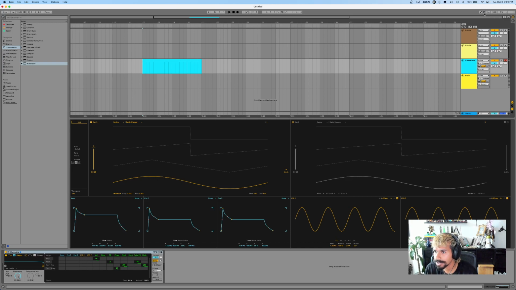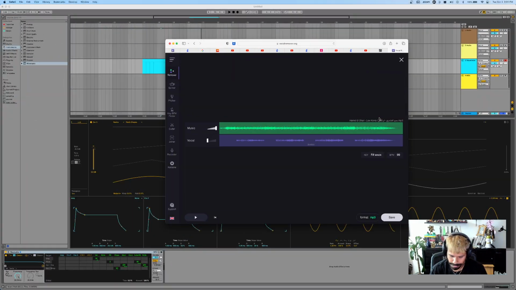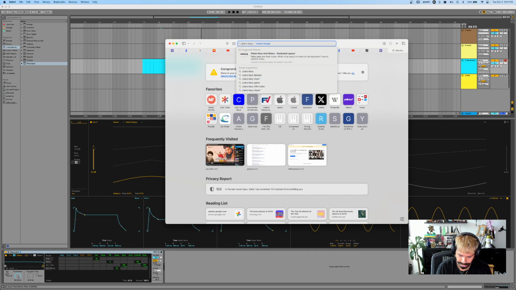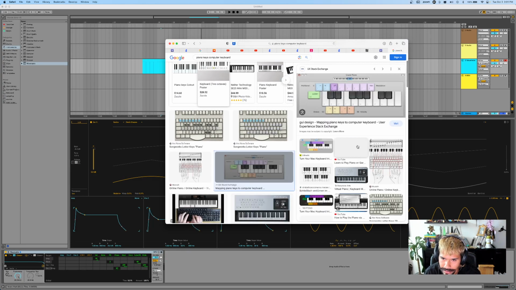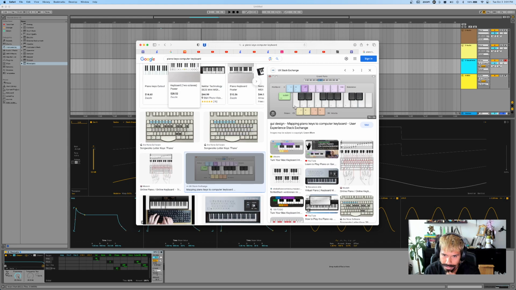What you can do is go up to the top right here and click this keyboard button, and now if you hit A, right, if you hit your keys, they are going to be aligned with the keyboard. And if you look at piano keys and the computer keyboard, the logic for this is another piece of software, but you can see, this will maybe give you a better view of things. So A, W, S. You can see how those keys are correlated to